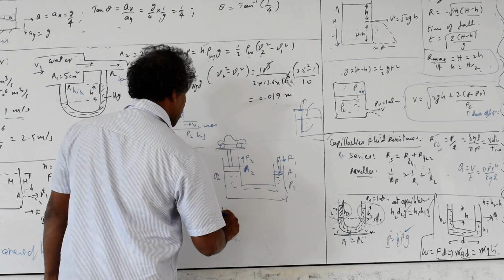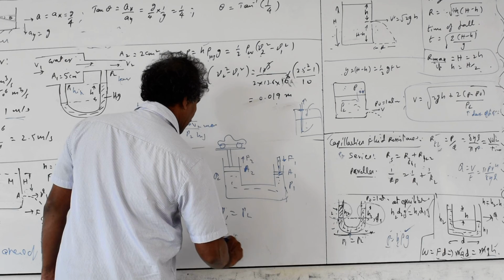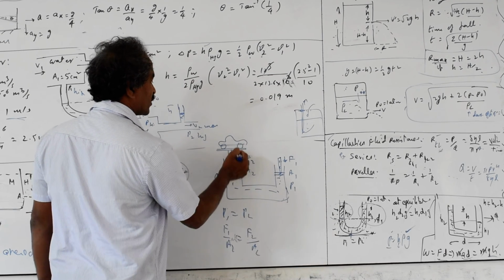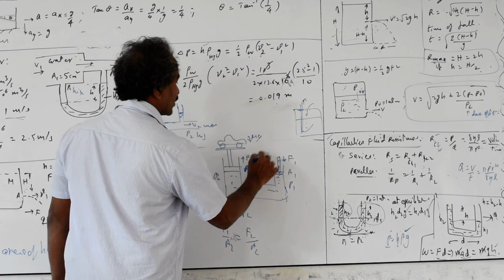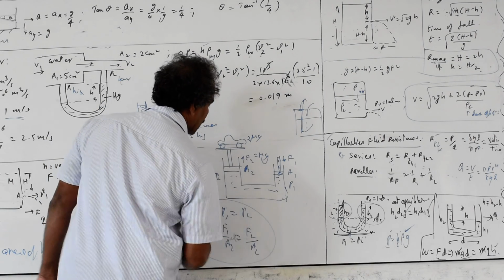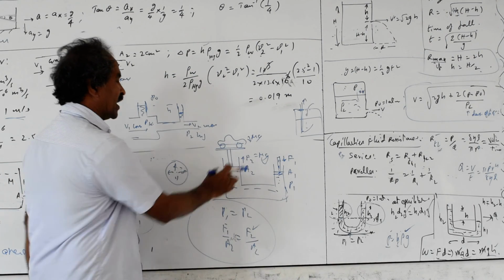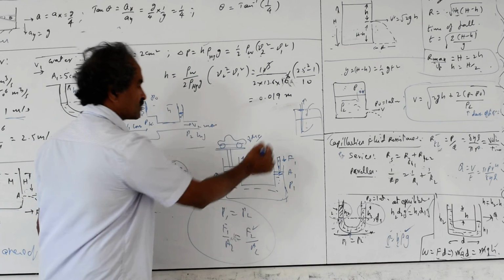So here the pressure P1 equals P2, that means F1 by A1 equals F2 by A2. F2 is supposed to be equal to the weight of the vehicle, mg. So F2 is also equal to mg. They will give you problems with symbols and also with values. Here force is multiplied. The more area you take, the more force acts. So you can lift big vehicles with a small force.